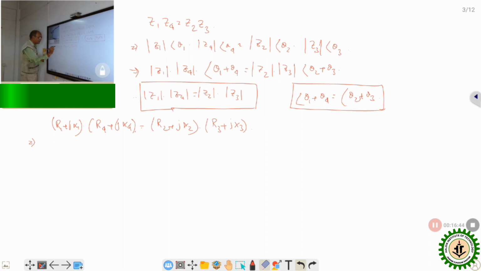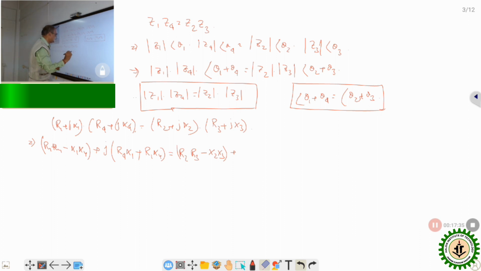R1 R4 will be R1 R4, and X1 X4, multiplying j and j, will be minus X1 X4, plus, taking the common j, R4 X1 plus R1 X4 equal to, similarly, R2 R3 minus X2 X3